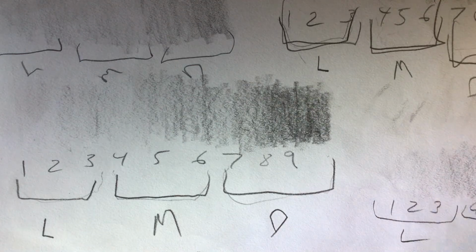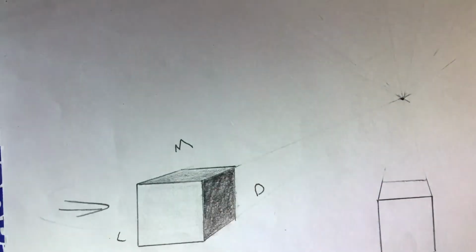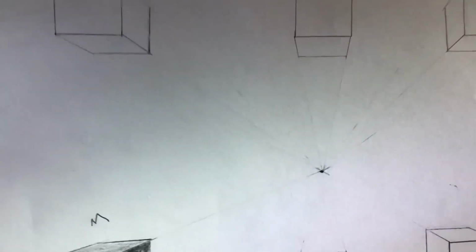Today, we're going to be shading our cubes, and as we do that, we're going to be thinking about how the light affects our objects. So, if we have a cube like this, and remember, these are those 6 cubes that you guys made. I have 6 cubes on my paper, and